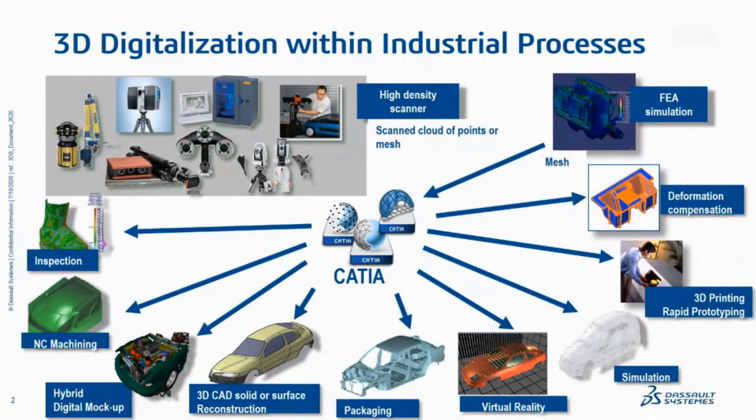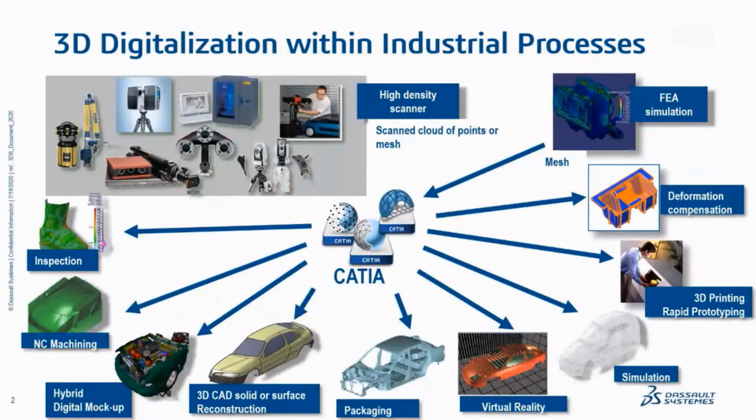CATIA proposes several tools to manage data coming from the digitization world. As you see in this slide, you will be able to use the output of high-density scanners to perform your job in all the different departments of your industry. To name a few: as input for inspection, for manufacturing directly on STL files, for classic surface reconstruction, but also